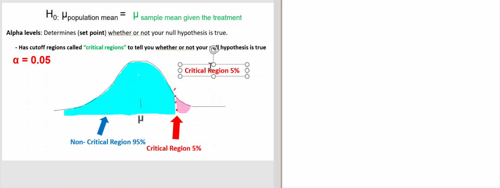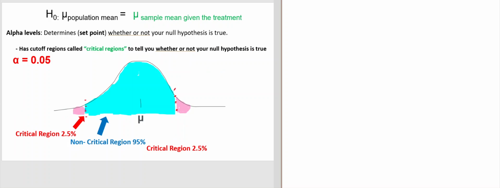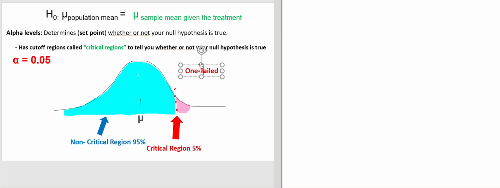So I'm going to just write this down as I go, because I think it's important to make these corrections as we go. And it really emphasizes the point. I'll just say one-tailed. All right, so that's a very important distinction, because now we have a two-tailed, and with two-tailed, you have two